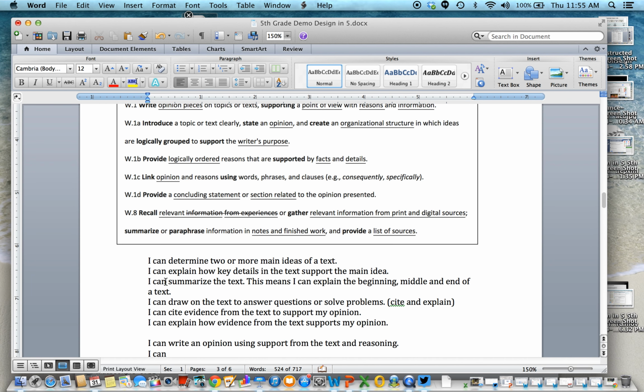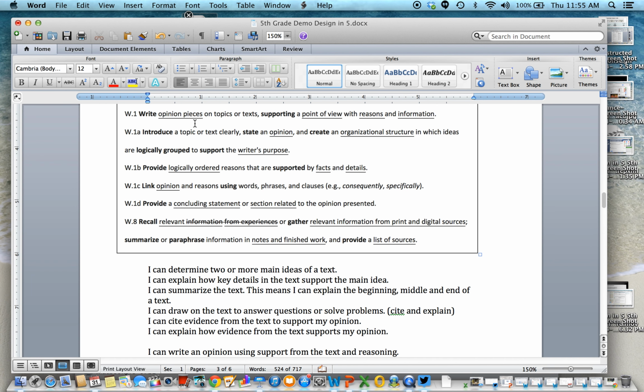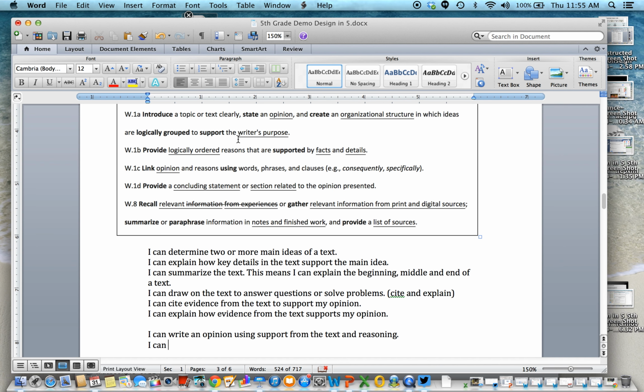And I'm actually going to change this. I can write an opinion text using support from other sources, we're going to say multiple sources. I can write an opinion using support from multiple sources. And then